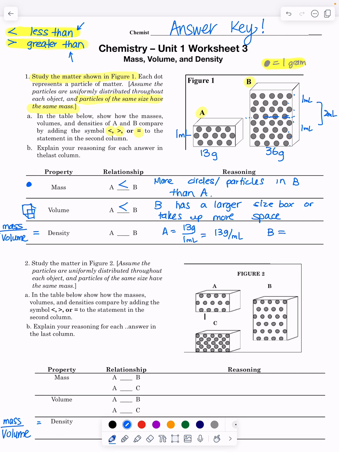B, if I counted, I had 36 grams, and the box is about twice the size. So if I had 36 grams, and it's twice the size, that'd be divided by 2 milliliters. 36 divided by 2, that's 18 grams per milliliter. So in this case, I would say B has a larger density than A, so another less than sign. And our reasoning could literally